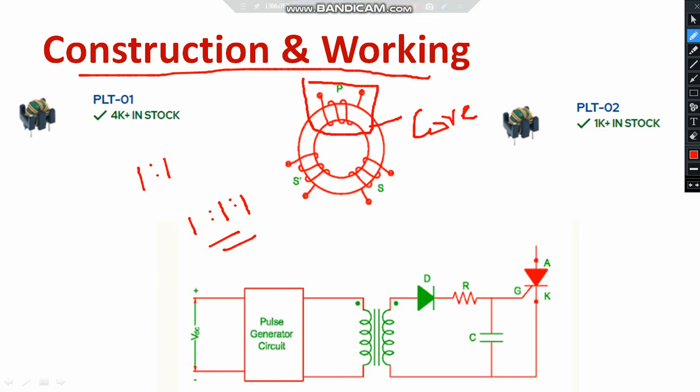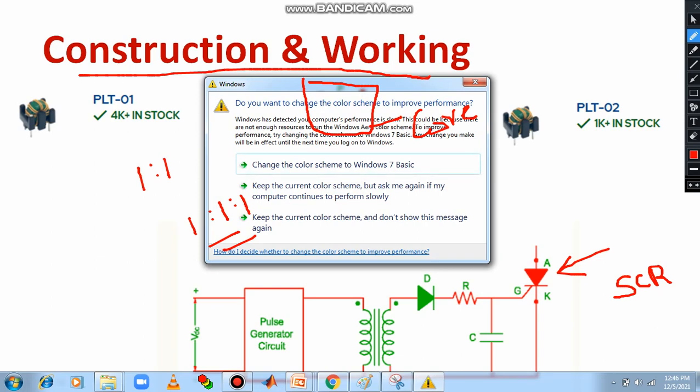Now let us see one of the block diagrams of the pulse transformer. You can see there is a silicon controlled rectifier, SCR. You know SCR is a control device. It has terminals like anode, cathode and gate, where the gate is the control terminal. SCR won't operate unless and until a gate signal is received. So that's a specialty.